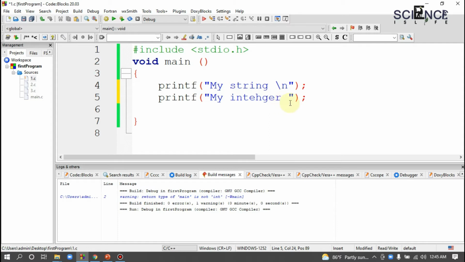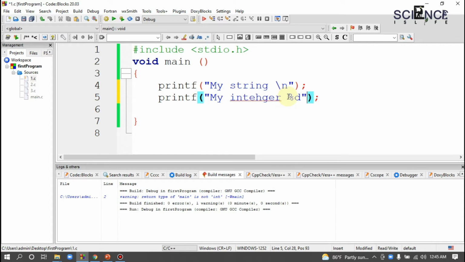I told you that if we print another data type except string, we need to specify what we are going to print. So if we are going to print an integer, I specify it by a percentage mark and D,